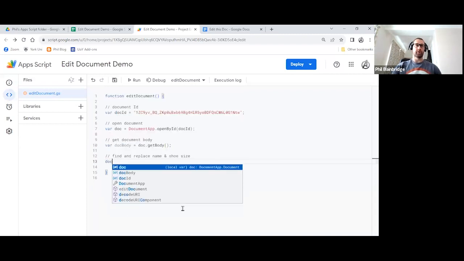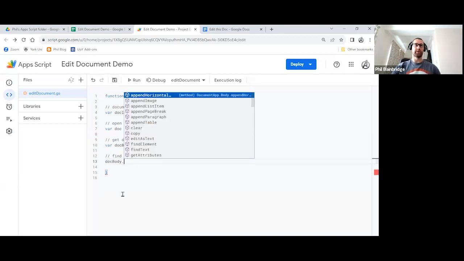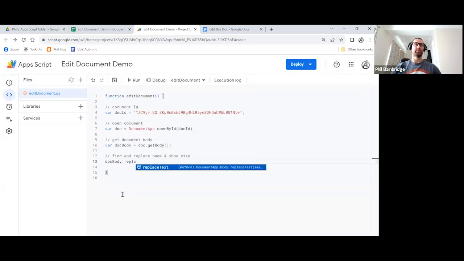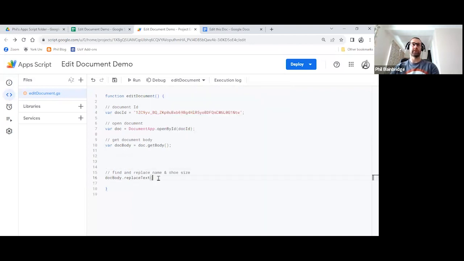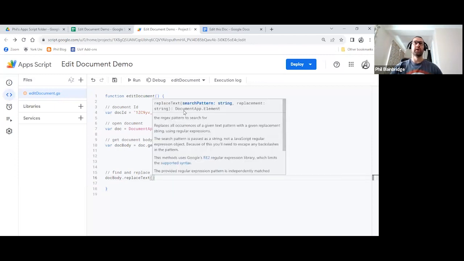So I'm going to call doc body, which we have here on line 10. I'm going to put my full stop, and I know I want to do some replacement. So if I start typing replace, you get replaceText here. If I open my brackets, I'm just going to push this down a little bit so you can see. ReplaceText needs 2 things then. It needs the search pattern as a string, and then it needs the thing it's got to replace it with